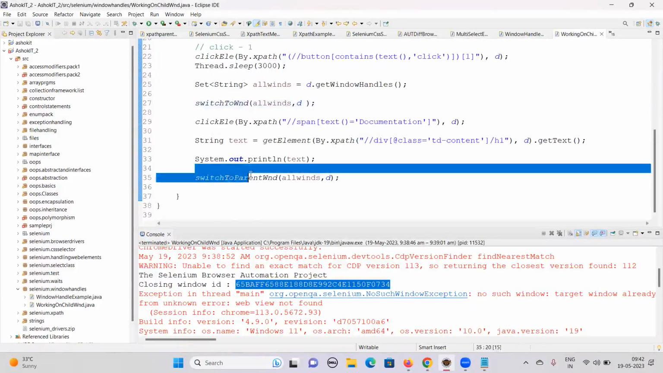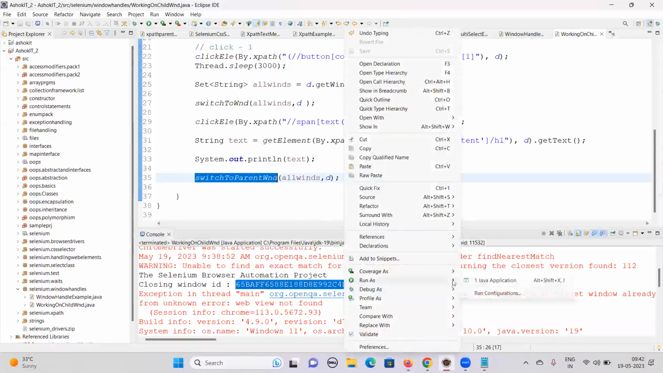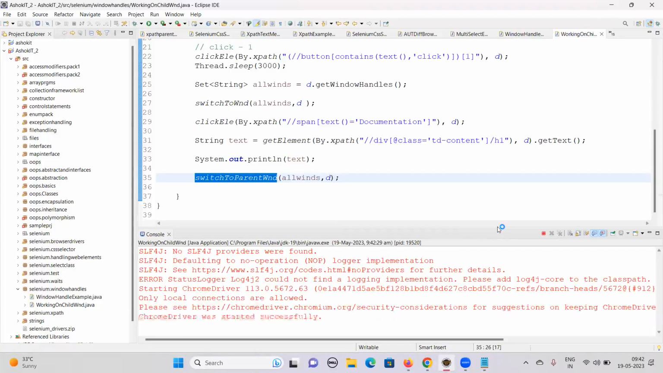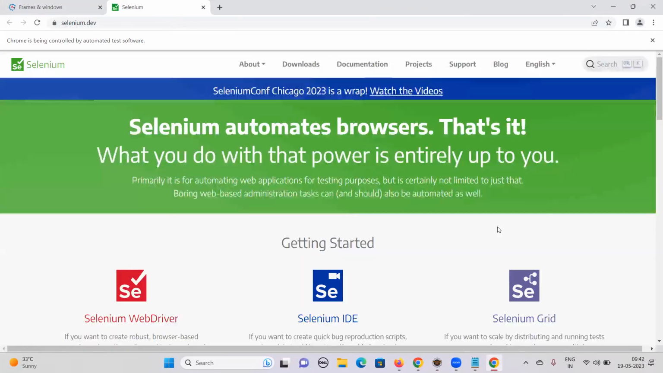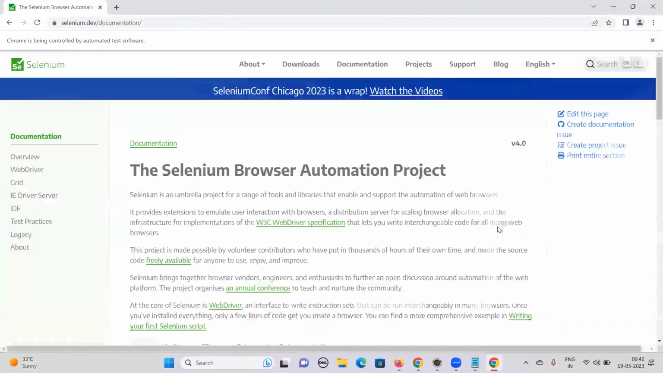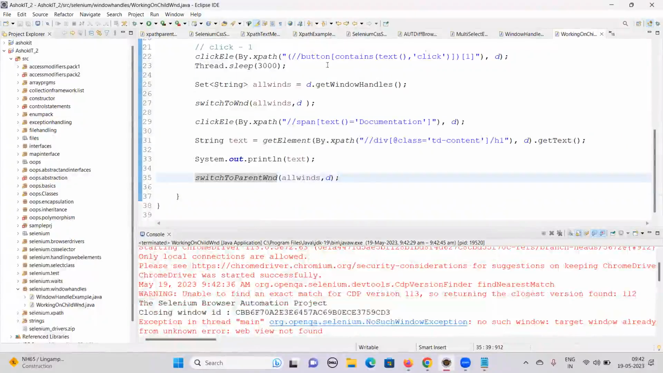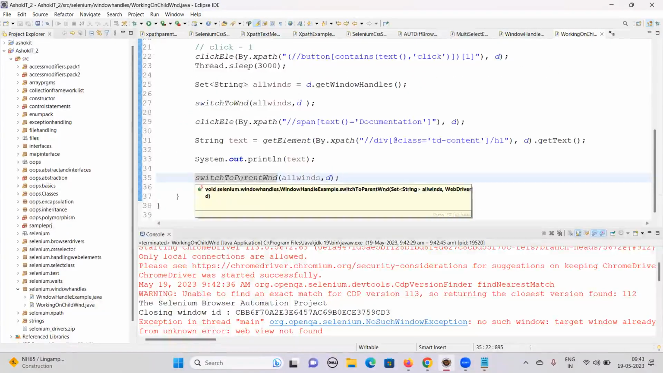Because if we are switching, what it is doing is again considering whichever window is open and focused as the parent window, and the rest of the windows it will be closing. It should not close that as a parent window. Let me check, guys. Why is it closing? Otherwise, because we are passing this, we are taking it from a different class, right? So even though we take it from the different class, switch to the parent